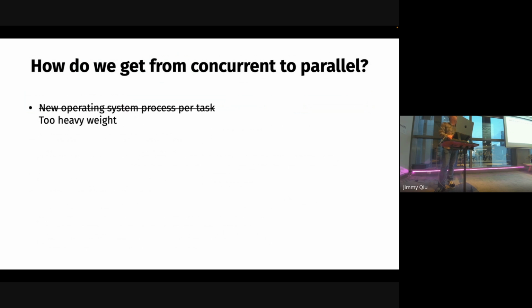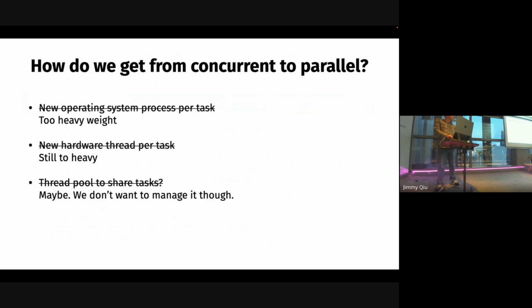So one approach is that you could use an operating system per task, which is way too heavyweight. If you've got hundreds of thousands or millions of tasks that need to run, that's not going to cut it, because it'll kill pretty much any computer even these days. You might be able to do it, but it's going to be horrible. You could have a new hardware thread per task, which you probably get away with these days, but it's still horrible. Each thread has a huge overhead in terms of startup, memory it carries around, and then actual runtime, context switching, all the rest of it. So that's a non-starter too.